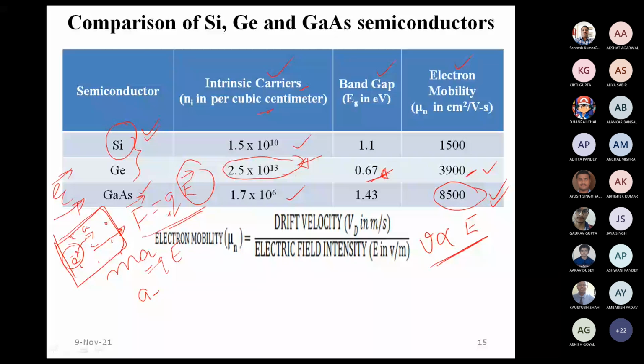Here the charged particle, the electron, we are taking as a reference. In semiconductors, we will see that there is another kind of charge particle which is also possible, having positive charge.